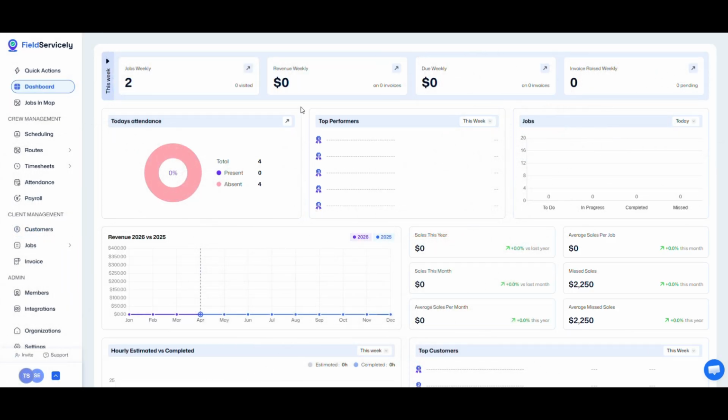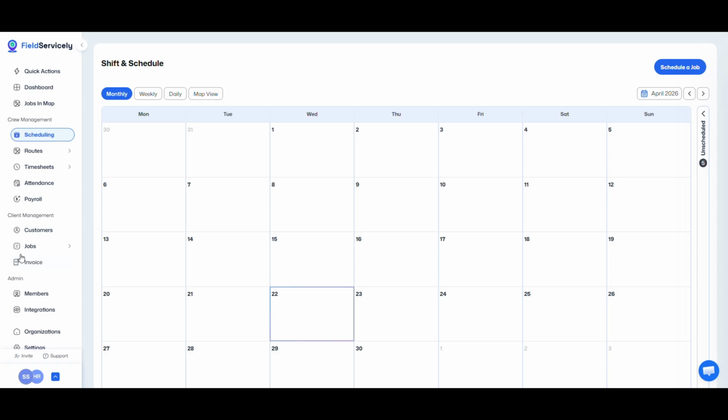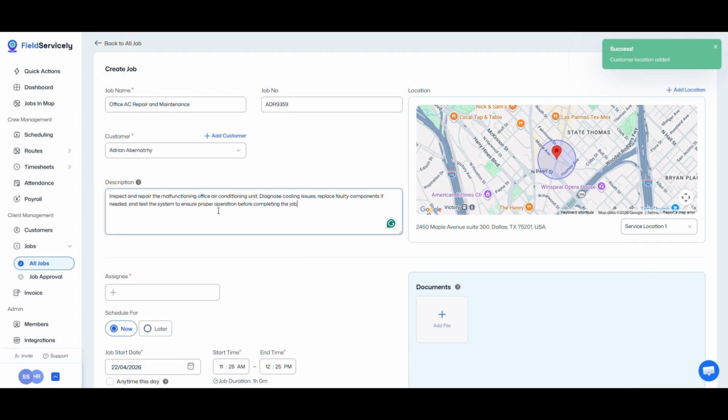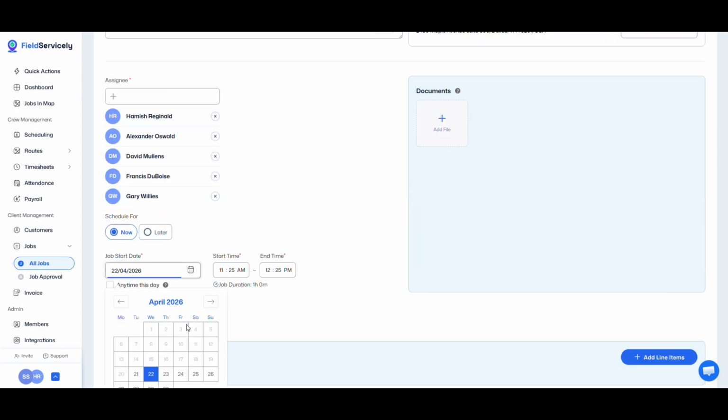Now comes one of the important parts of your work process: creating jobs. You can do so from either the Quick Actions, Schedule, or the All Jobs module under Jobs. Click on Create Job to open the job creation form. Here, you need to add the job name, choose the customer the job is being created for, choose service location, provide a description, choose your assignees, choose job start date, the start time and end time,